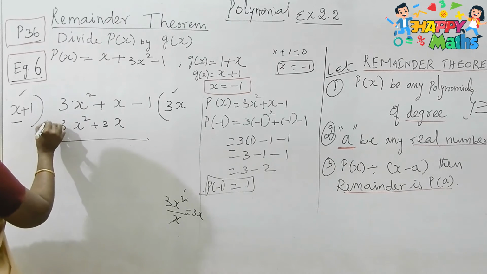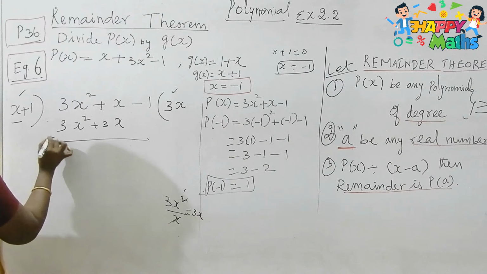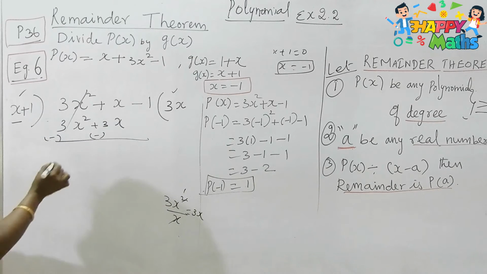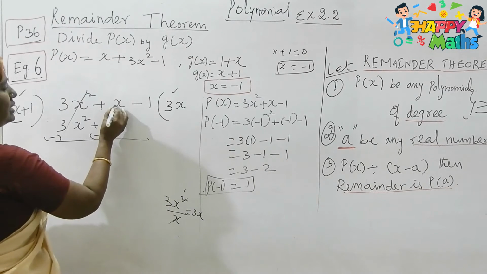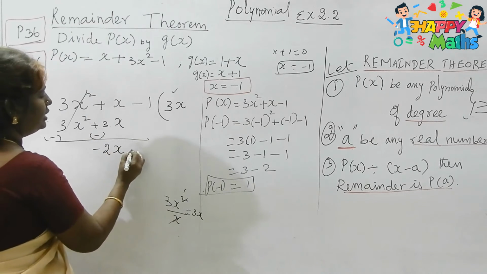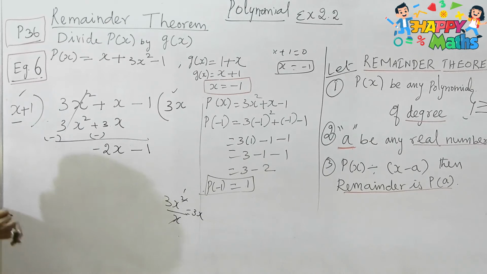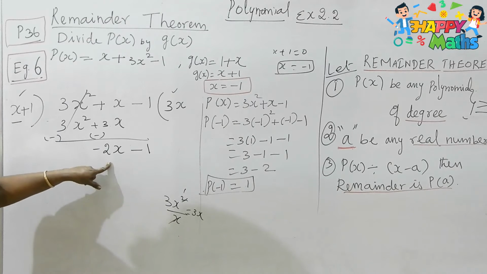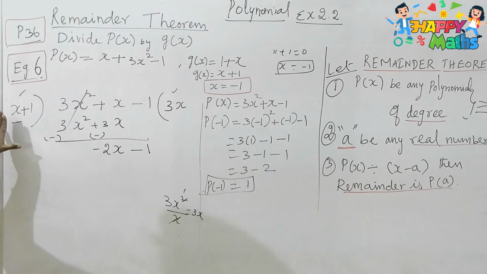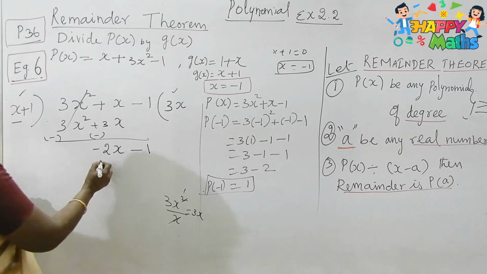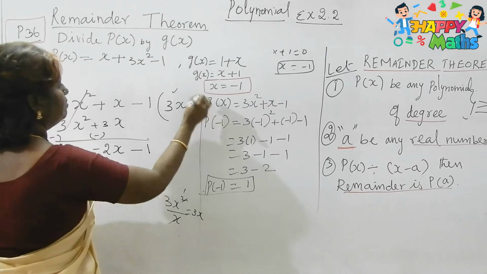Okay, now you have to change the sign. Let us change it down. Okay, so 3x square will get cancelled. Now this is minus 3x, this is plus x. Both are different signs, so I am subtracting. This will become minus 2x minus 1. Okay, now again you just multiply and see what number, if you multiply this x, it will become 2x. This is only simple x. If I multiply this by minus 2, this will become minus 2x, no? So only minus 2 is left out. So I am writing this minus 2.